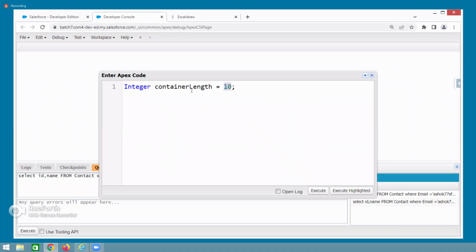Data type means which type of data we need to store in a particular variable. Understand? Here integer is a data type. The runtime engine understands, oh, 10 is an integer type. That means I need to go to the integer block and store 10. That memory location name is container length. Same like